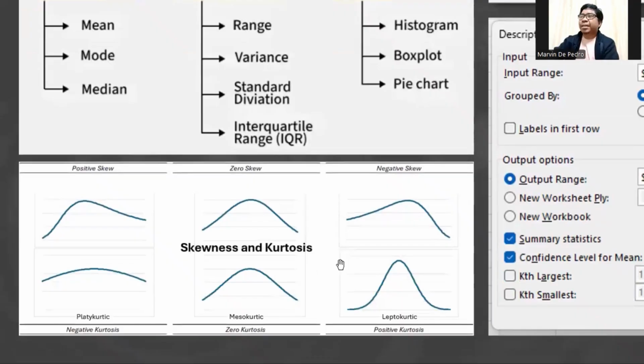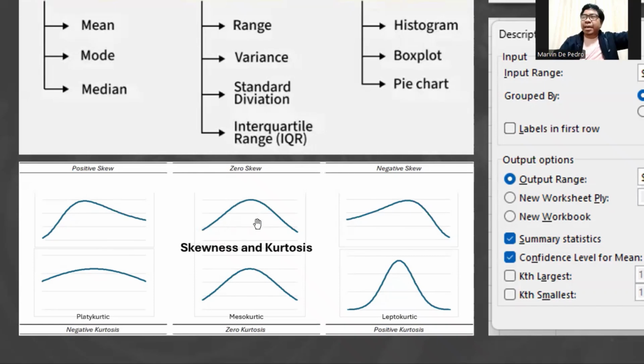Okay, now as you can see, in analytics, especially when we are doing statistical treatment or hypothesis testing, one of the most important things that we have to check first is the normality of data. When we say normal, it is something balanced. It has no skew.